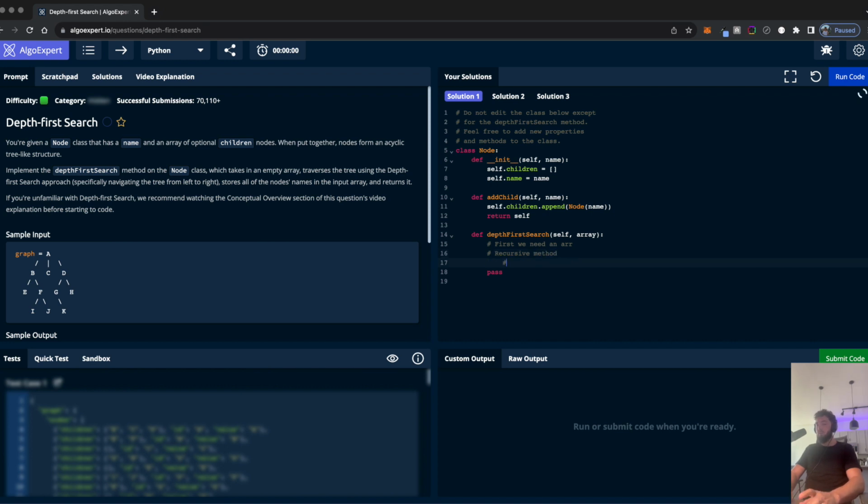And within that recursive method, it needs to check if the node has leaves, I believe. So, well, let's break it down. First we need to do the depth first search.